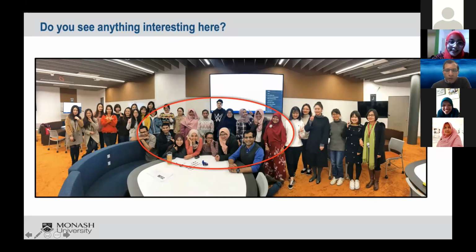So all Indonesian students together, all Vietnamese students together, and all Chinese students together. And my one Iranian student, Fateme, is right in the middle. She has no one to stand with because there's no one else from Iran. It is interesting because I didn't tell them to stand in a particular way, but they all chose to stand and pose for the photo in this way, which I realized only later.